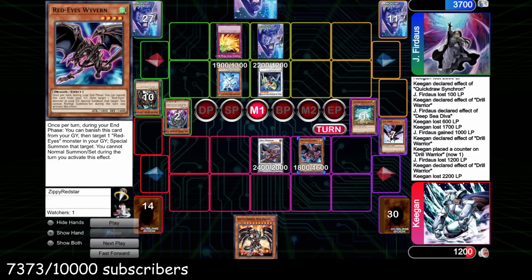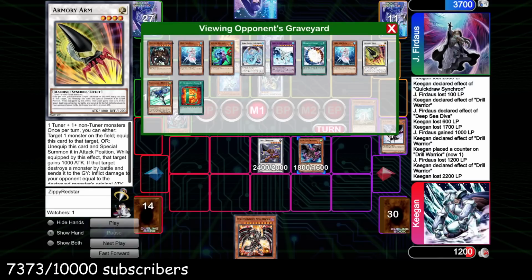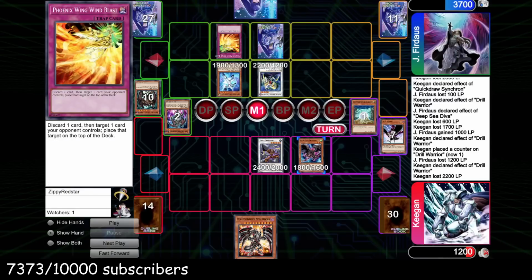I go ahead and summon Red Eyes Wyvern, and then they did finally end up finding the Phoenix Wing Wind Blast. And this is part of the reason you want to bring in Royal Decree. Even though they don't have so many trap cards in this deck, it's usually somewhere between 8 and 12. I mean, that's a decent amount of trap cards. The trap cards that you do stop are really high impact, like Phoenix Wing Wind Blast, so they're going to